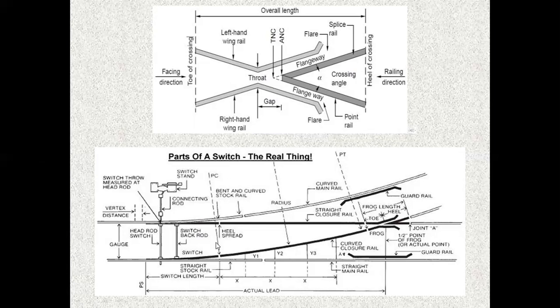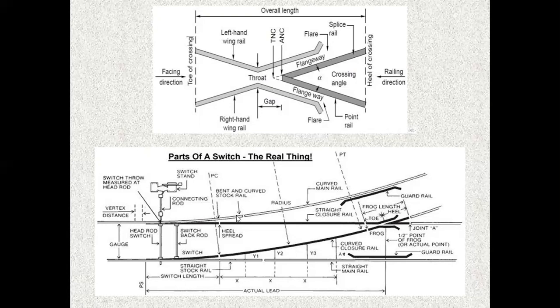This is the heel spread, this is the main branch line heel, and this is the cross. Here you can observe the frog length, where the changing of tracks can be seen. This is where the frog length is, and here is the heel. This is the guardrail, which guards the wheel of the locomotive in its correct movement in the direction of the locomotive.